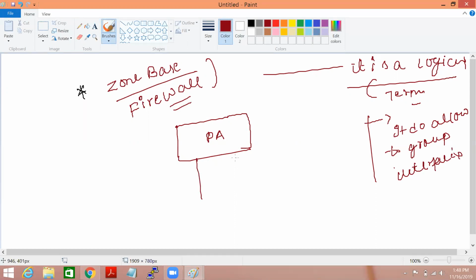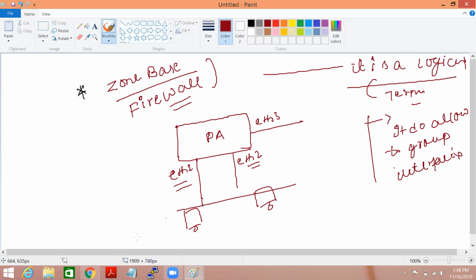So let's say we have Ethernet 1, Ethernet 2, Ethernet 3, and there's one machine connected to Ethernet 1 with IP address 10.1.1.2, and another machine connected with IP address 10.2.2.2.